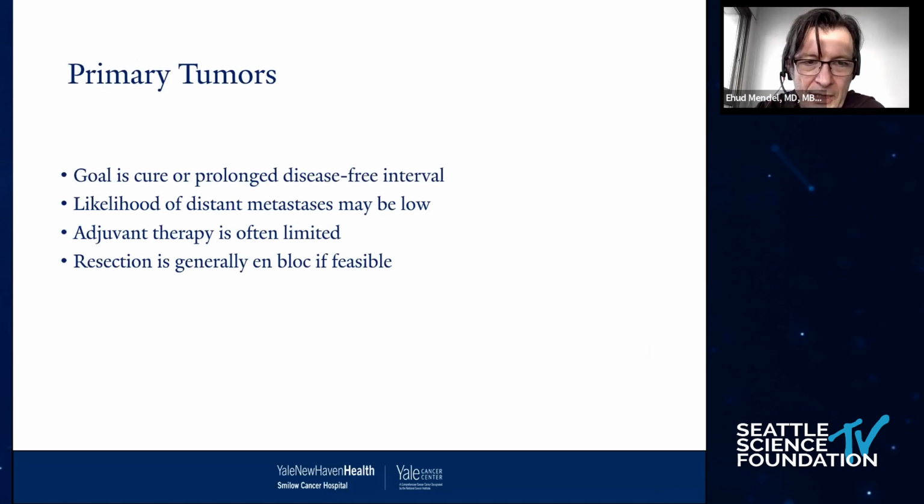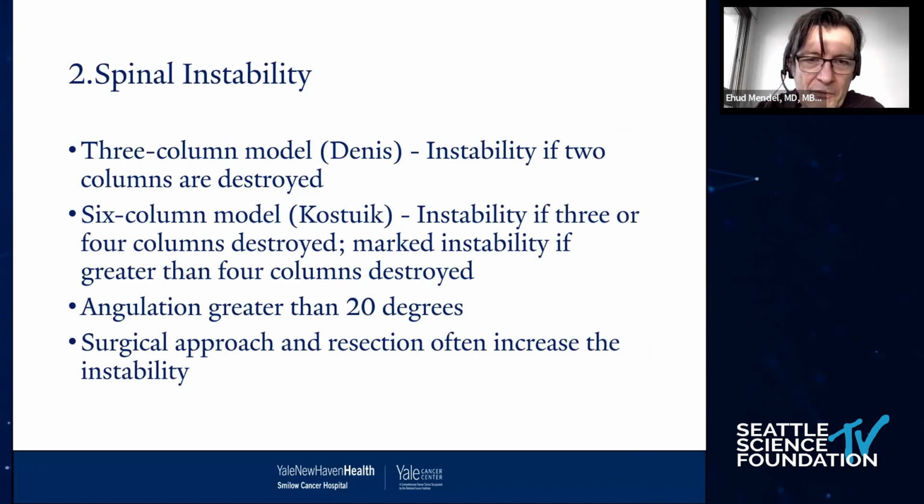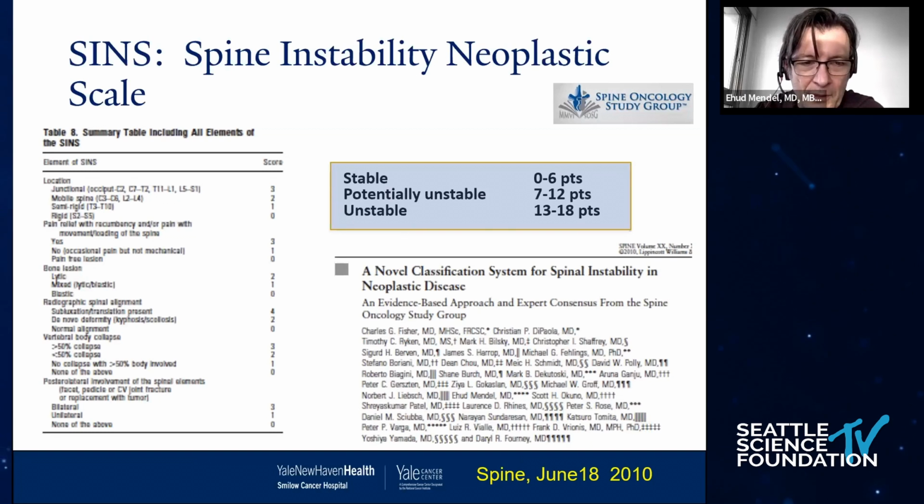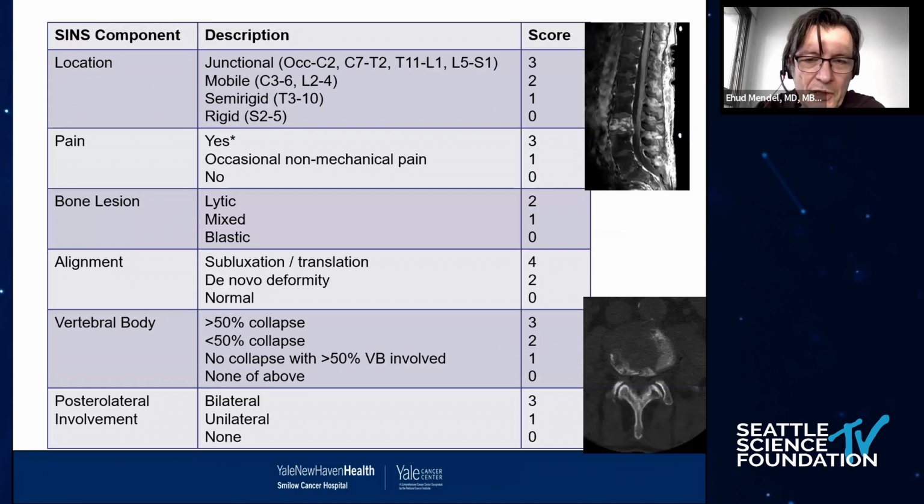The en bloc resections, again, the primary tumors, I'm going to leave some of those cases for the primary bone tumors. Spinal instability, you all know about the SIN score. I'm going to let some other guys talk about this. That's also a huge tool for us to be able to use when it comes to a need potentially to proceed with